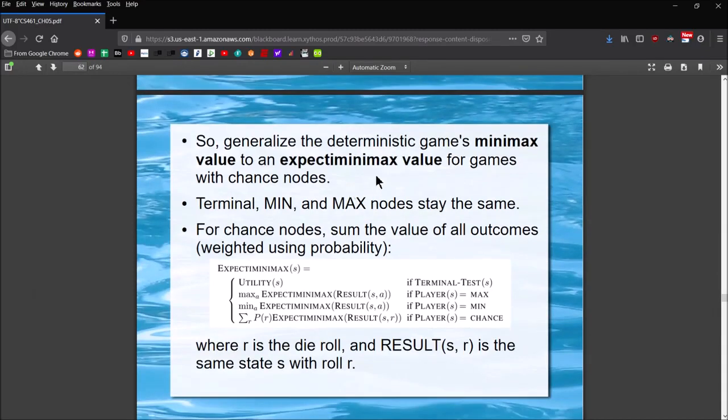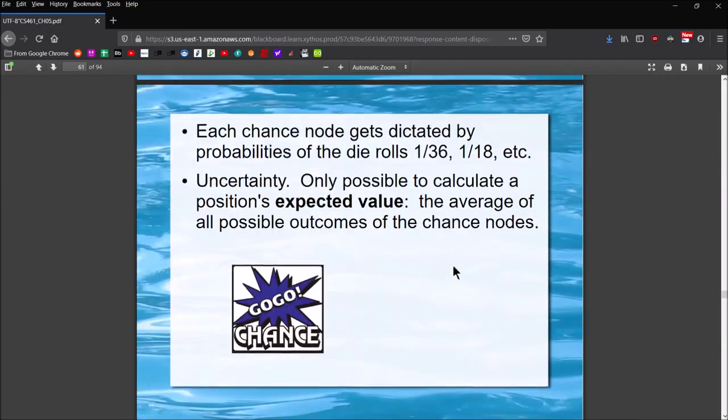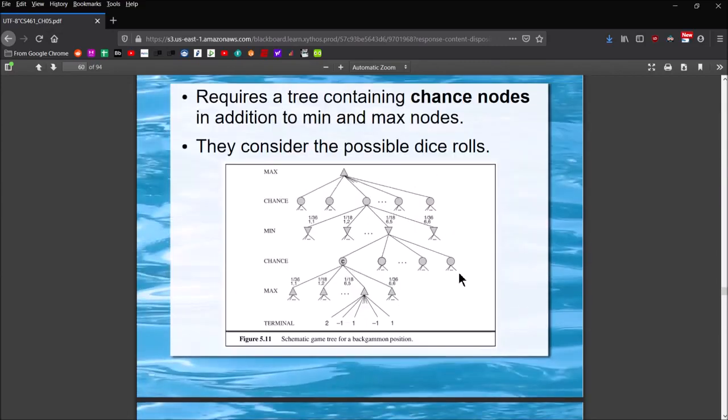So if we're going to do that, let's call it our expected minimax value. For games that have chance nodes, we're going to modify that just a little bit. The terminal nodes, and the min and max nodes, stay the same under this modified algorithm. For chance nodes, you have to sum the value of all the outcomes, and then weight that using the probability. This is what I was trying to say a second ago, when I'm trying to evaluate a position, when Max is trying to decide